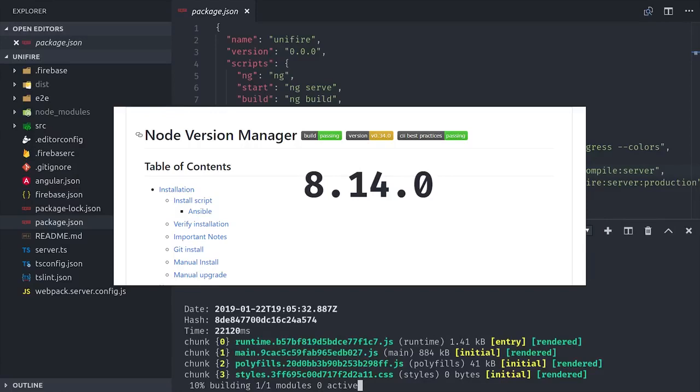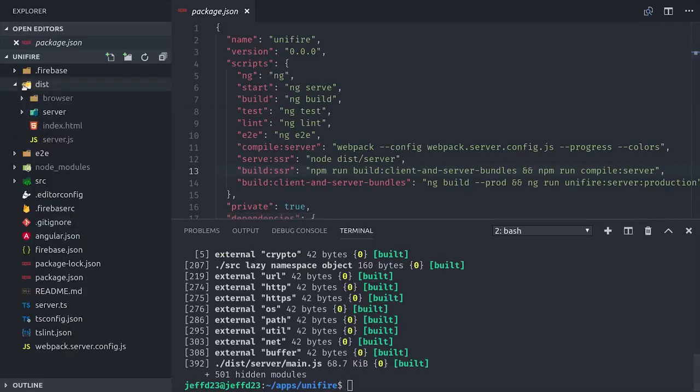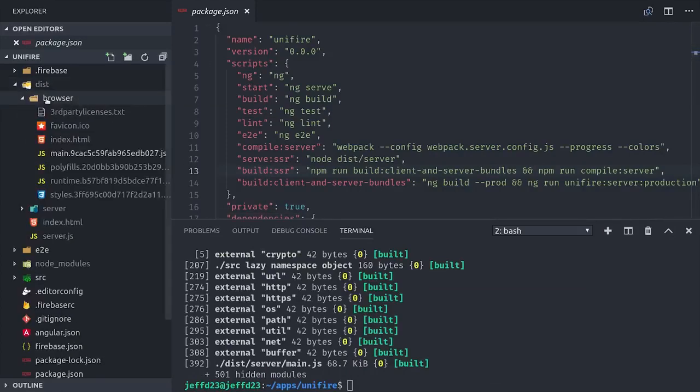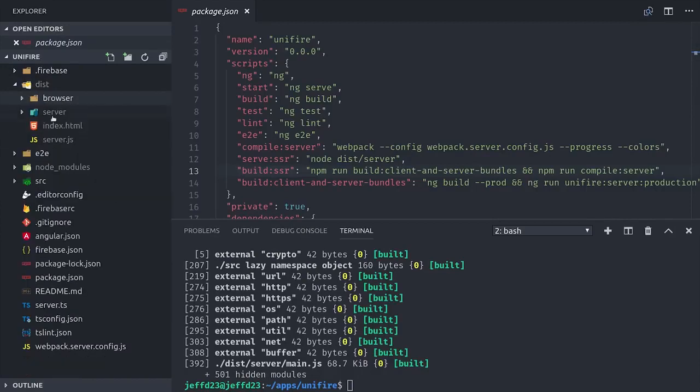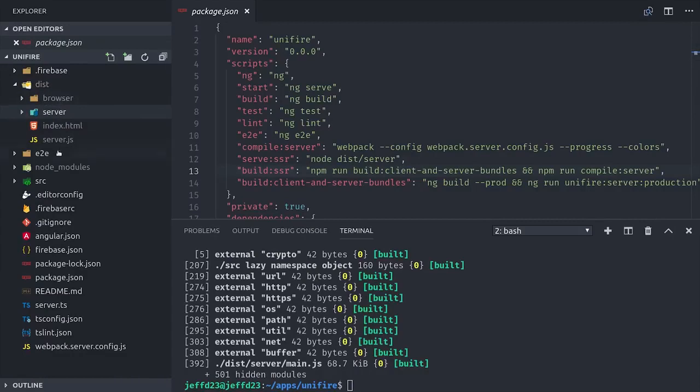That's the version used on GCP and Cloud Functions, and that's what I used to build this tutorial. After running the build command, you should see a dist directory, and inside of that, you should see a browser build and a server build, as well as a server.js file. At this point, our app doesn't really do anything, so I'm going to go ahead and generate a new component